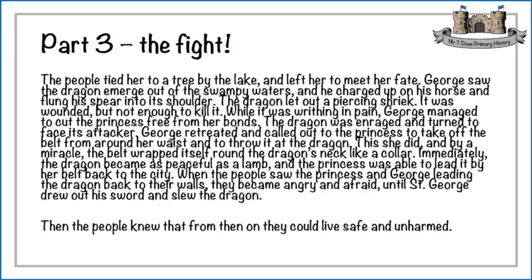The dragon was enraged and turned to face its attacker. George retreated and called out to the princess to take off the belt from around her waist and to throw it at the dragon. This she did, and by a miracle, the belt wrapped itself round the dragon's neck like a collar. Immediately, the dragon became as peaceful as a lamb, and the princess was able to lead it by her belt